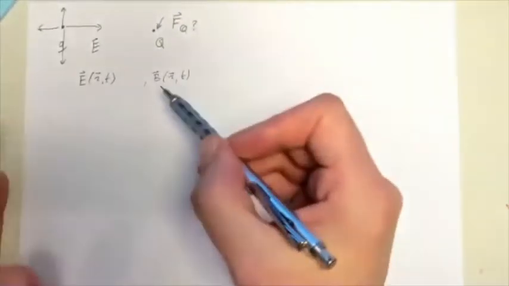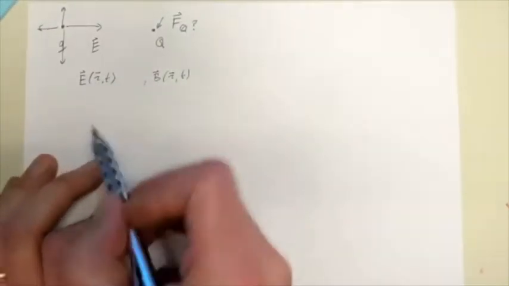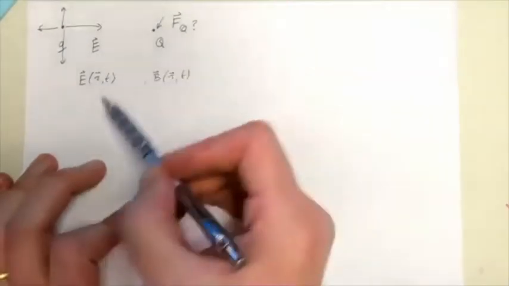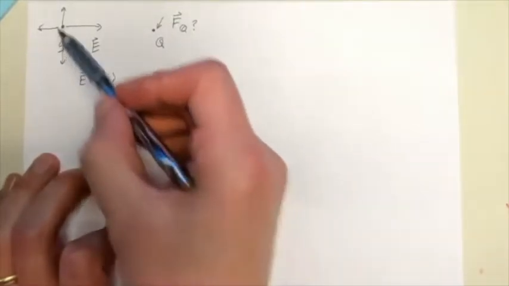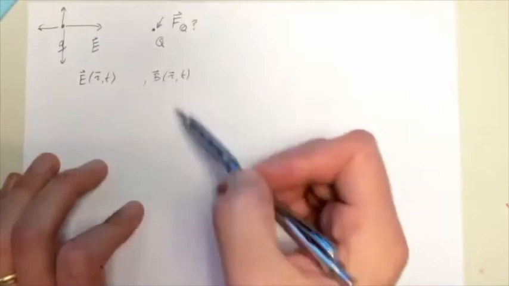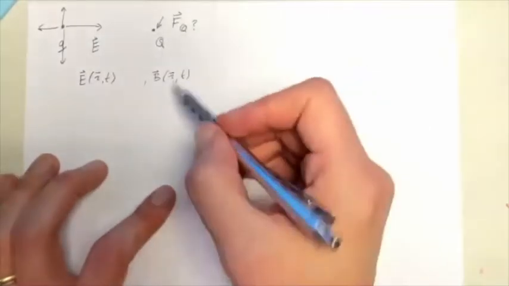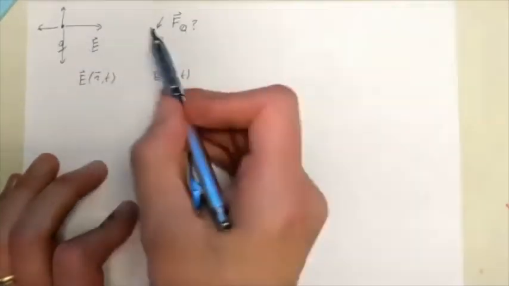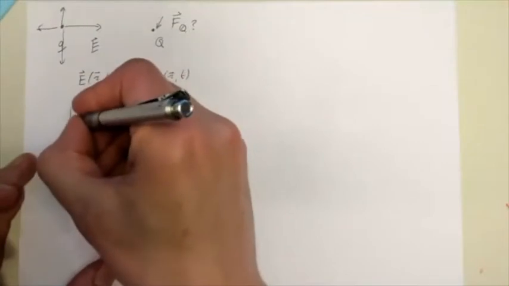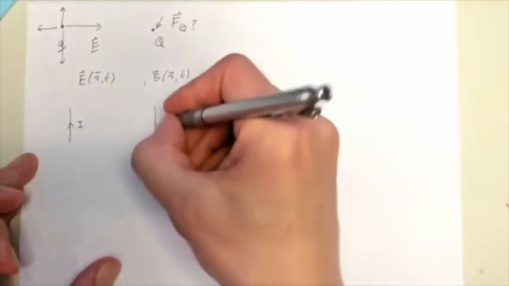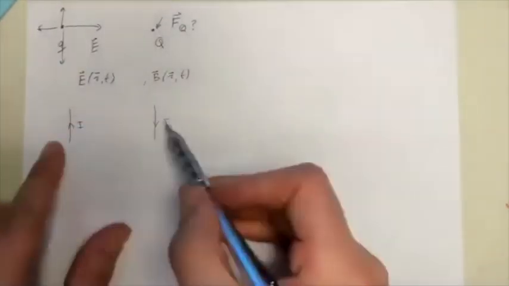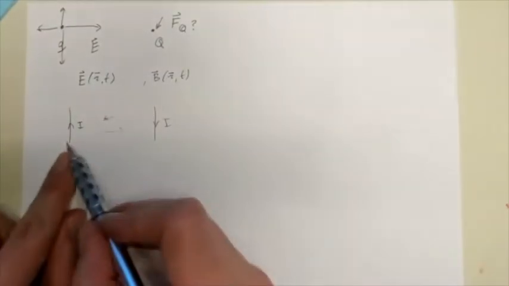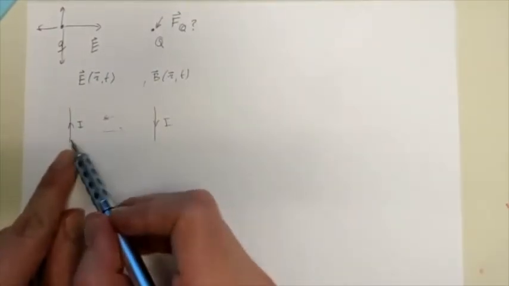And then these fields, they will be a function of whatever configuration you have, right? So you have some electric field that's going to be a function of what charges you have, and then a magnetic field that's going to be a function of what the currents are. But it's important to realize that the way these two charges interact, or the way that, let's say, there's a current carrying wire here, and then there's another current carrying wire here. The way that these current carrying wires interact is by shuttling photons back and forth, which means that because it takes a finite time for photons to make it across from here to there,